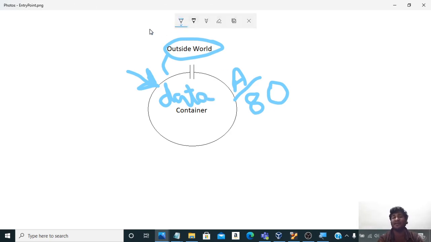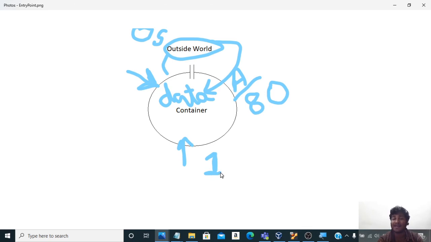It does not have any link even with the operating system, right? But if we have the application in the container, then how will the outside world interact with the container? Hence there is always one and only one entry point for any container.